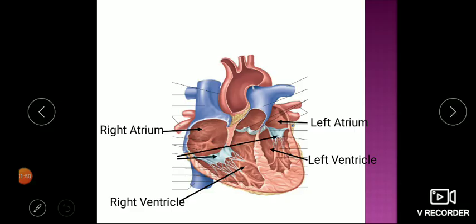These are the valves which are gates between atria and ventricle. These are called atrioventricular valves. Again, names are different on the right side and the left side. You already know, we have discussed in the initial lecture of anatomy of heart. These are the two semilunar valves, also called pulmonary and aortic based on the location.